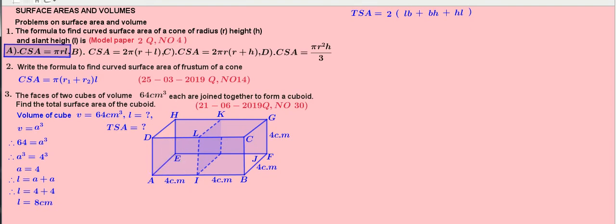Therefore, TSA equal to 2 into 8 into 4 plus 4 into 4 plus 4 into 8. TSA equal to 2 into 32 plus 16 plus 32. Therefore, total surface area is equal to 2 into 80, that is